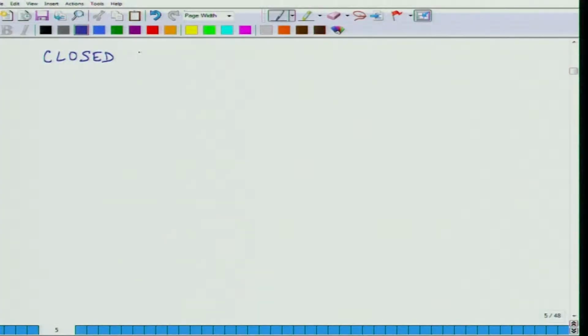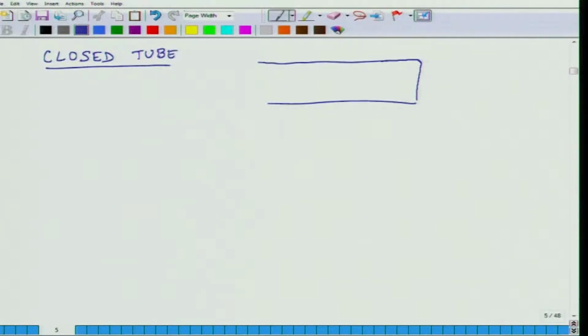Closed tube. So you consider a tube, and at one end it is closed, and at the other end let us assume that I have a tight piston, and this piston is moving back and forth using some mechanism, okay,